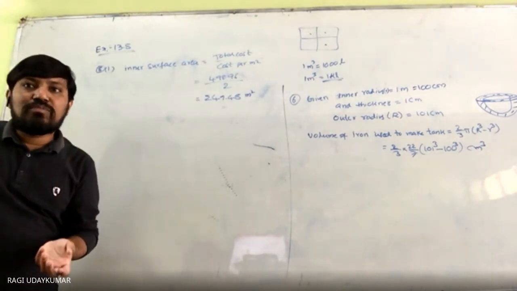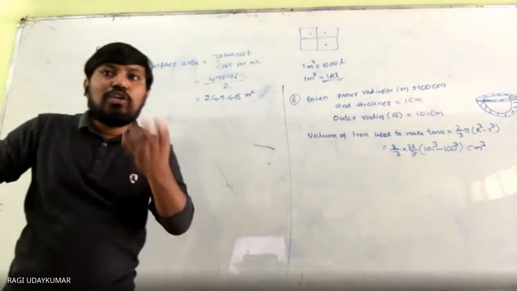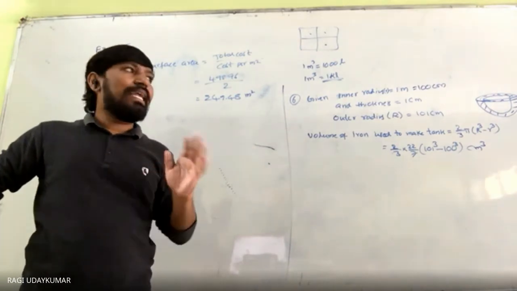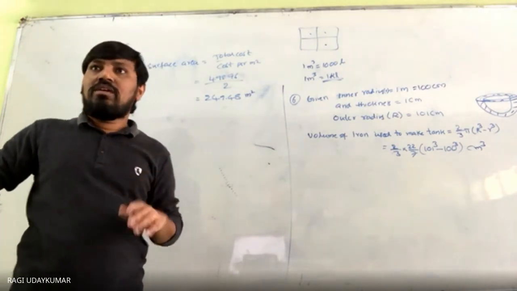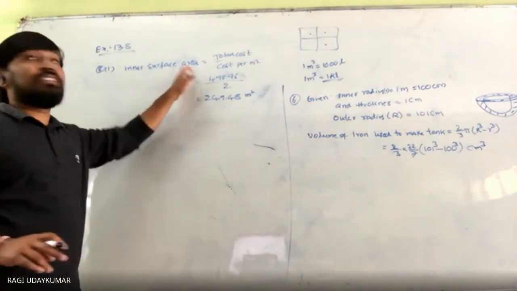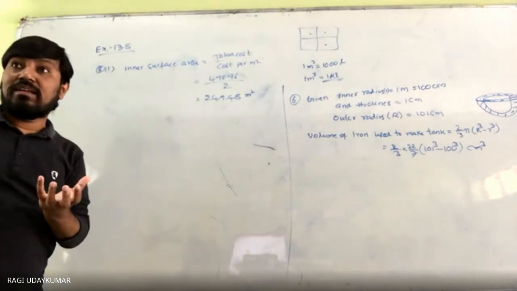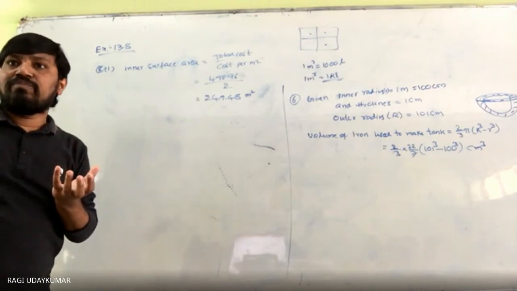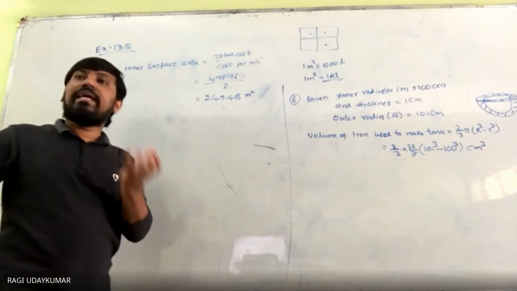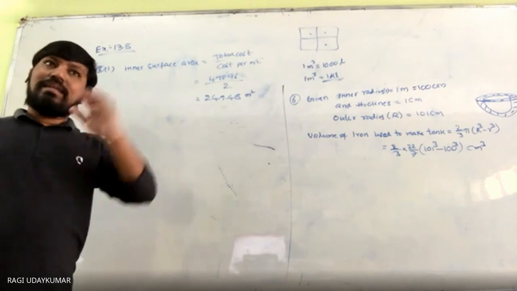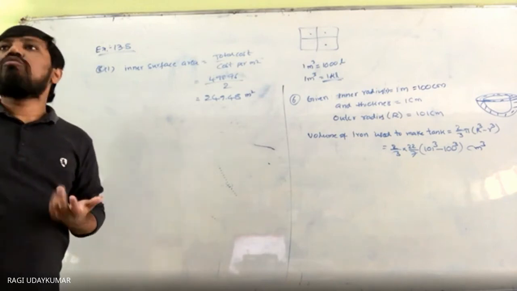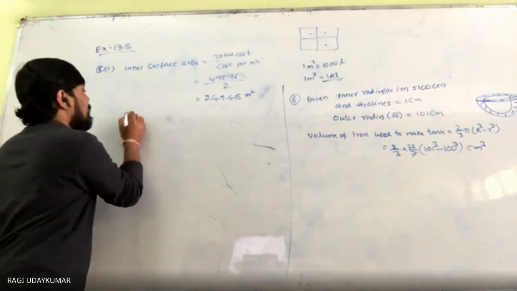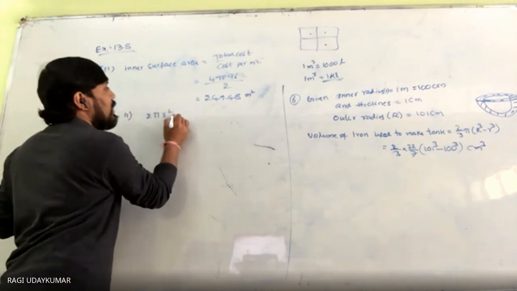And from that you have to find out the volume of the air inside the dome. Second question. So directly volume you cannot find out. First you need to find out the inner surface area. What is the inner surface area of the sphere? It is a hemispherical shape, and the surface area of a hemispherical shape is 2 pi r square, so 2 pi r square is equal to